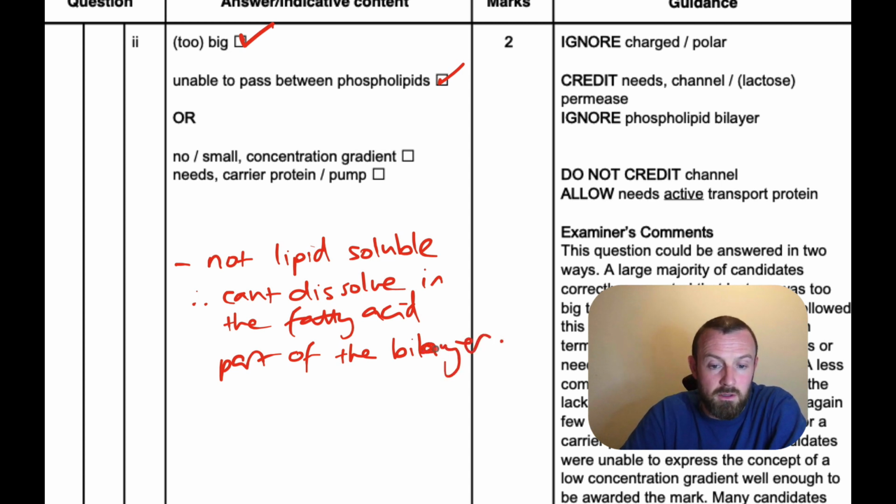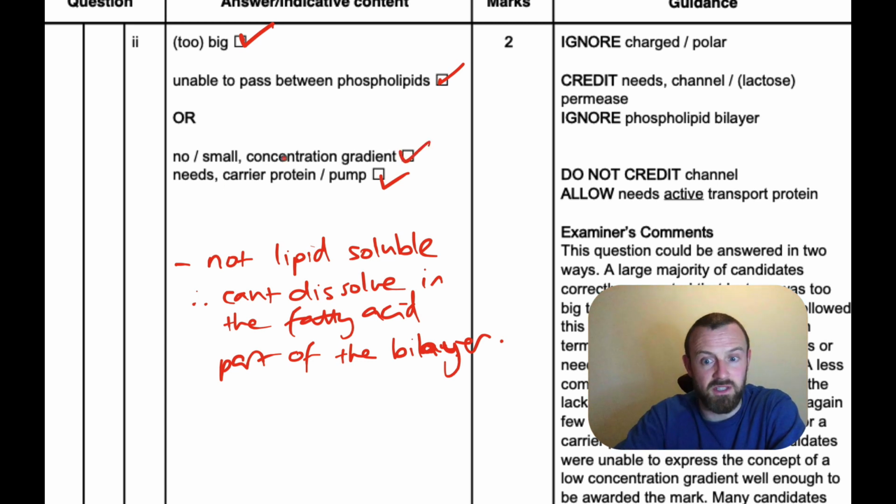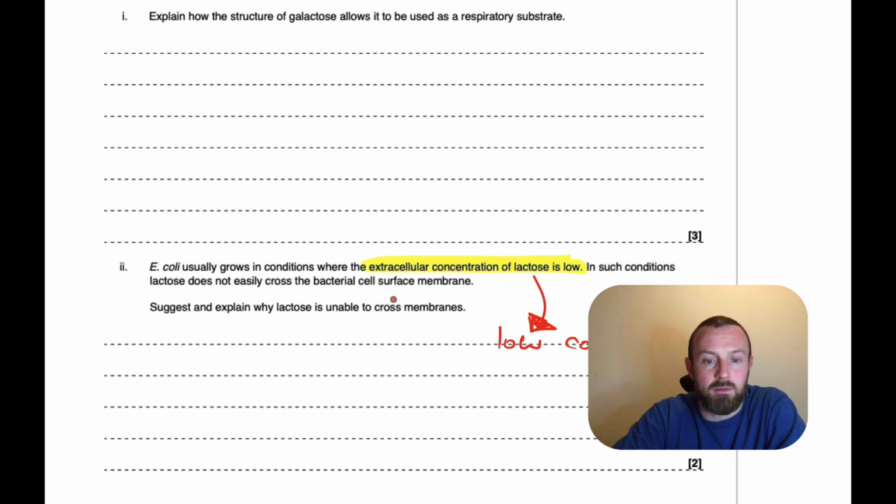Oops, excuse my writing there, it's a bit messy. And potentially you could have got a mark for saying it needs a carrier protein and there's a small concentration gradient. That's what I said as well. That was the information that was given in the question. Okay, so those are 2 slightly weird questions with the old mark scheme, but the reason I put this in